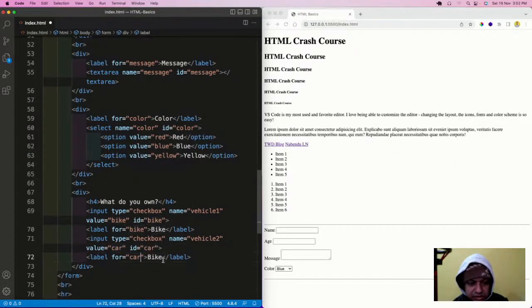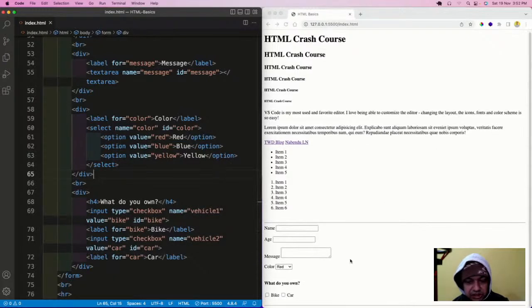So checkboxes are like this. You can select not only one thing, you can select multiple things with these checkboxes. They're very important, but all the checkboxes are different, so the name is different. Name is a very important thing which I'm soon going to see. Vehicle 1, vehicle 2. So these are the checkboxes. Value is again something which will go to the backend. We're soon going to see that.